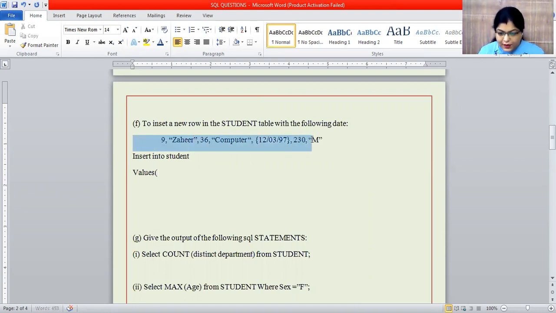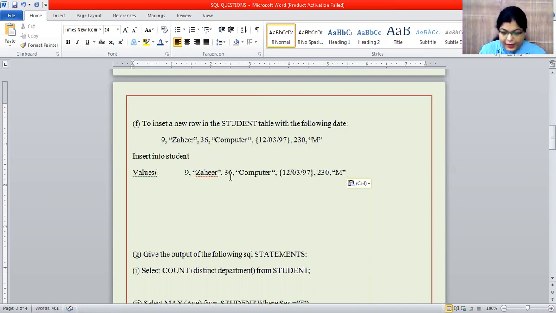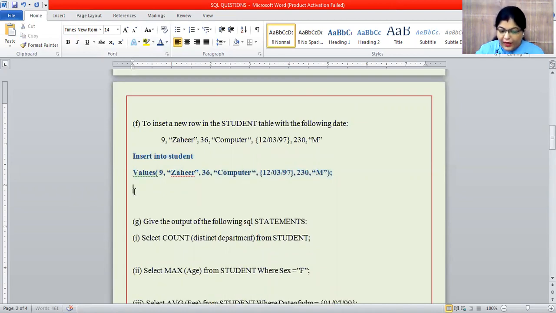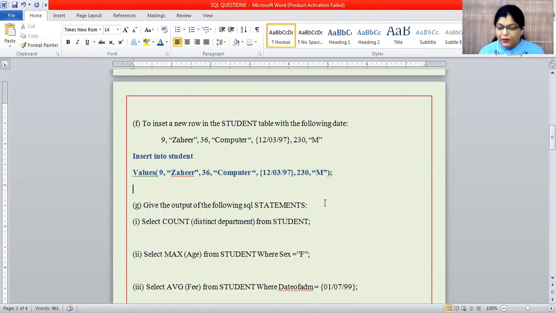Because this is given, I just copy paste it here as it is, and at the end I close the bracket. So this is the command for insertion into the table. We have done this in a previous video also, how we can insert the data.